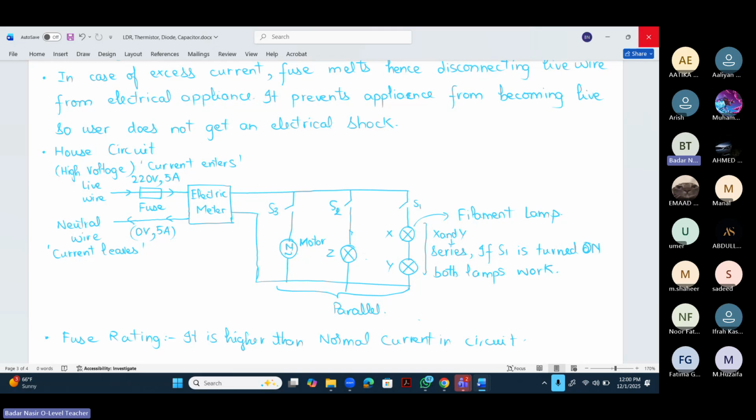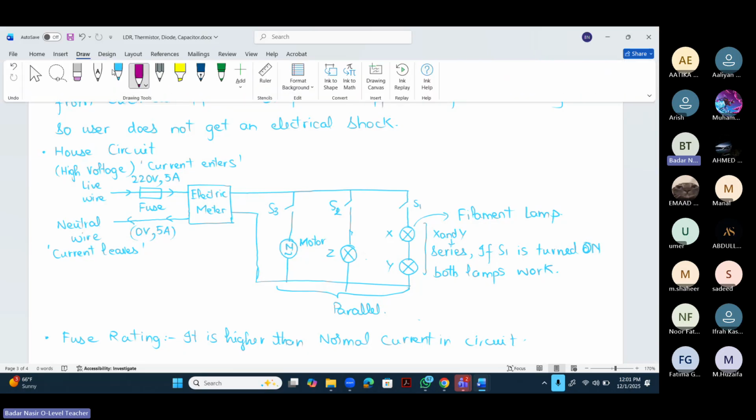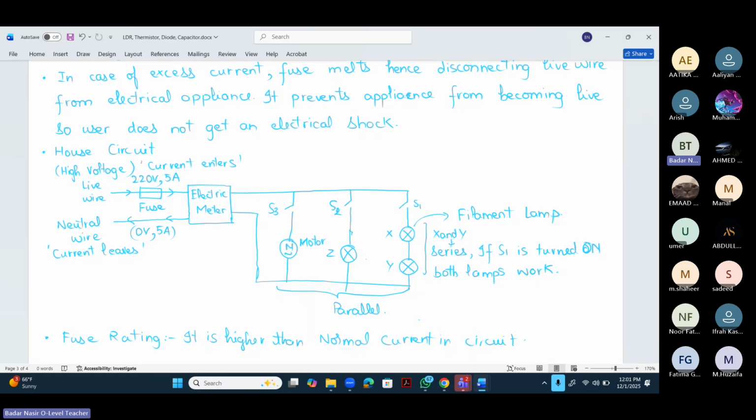ठीक है, so at least आप कह लो कि ये 4 to 6 एम्पेयर्स हायर होनी चाहिए फ्यूज रेटिंग। तो हमारे केस में जो ये सर्किट है जिसमें नॉर्मल करंट लेट्स से is 5 एम्पेयर्स, तो आपके पास जो फ्यूज रेटिंग है वो 4 एम्पेयर हायर कर दो। ठीक है, 9 एम्पेयर्स। 4 amperes higher than normal current।